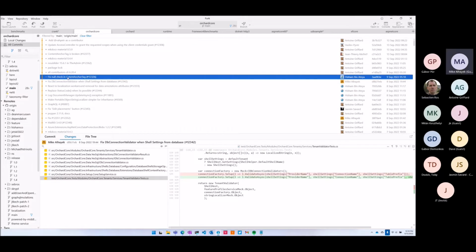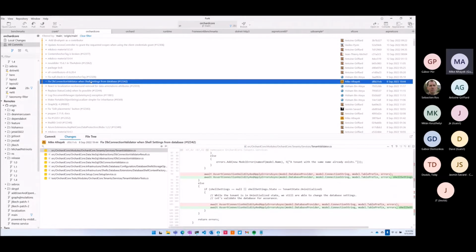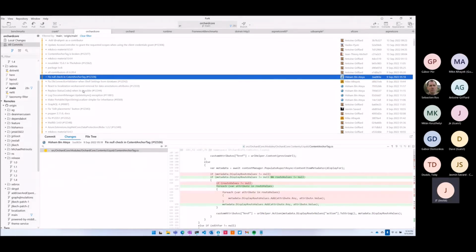Okay. This issue only happens when you are setting up a tenant. Now add a tenant was doing the setup context. So we're just validating to make sure that the table exists or not correctly. And yes, because most of the time we use an empty prefix for the shell setting from database, we allow for the default tenant that the document table already exists.